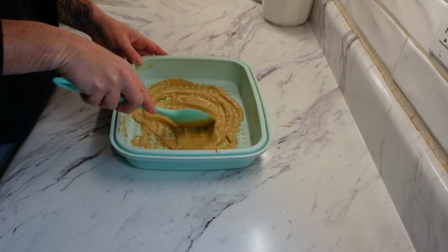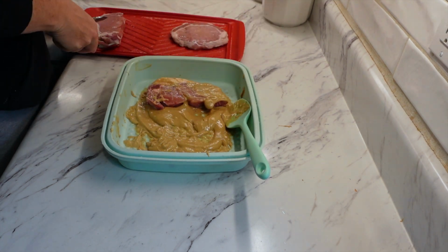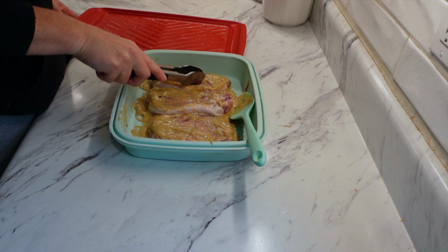mix that all together. You can do this in a Ziploc bag. I'm just doing it in my Tupperware marinator. I love this thing. You just put it in and then you put it in the fridge. You can even shake it in this container and flip it upside down. It's amazing. So you're going to put that in the fridge, and it says to marinate the pork chops for